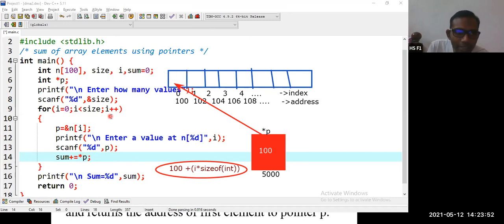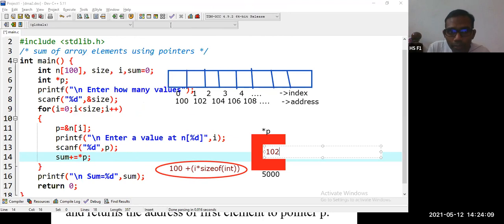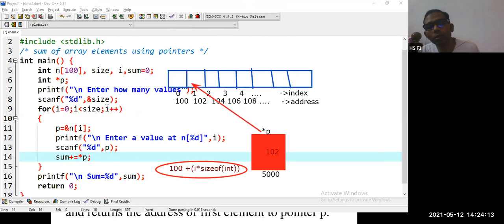Next iteration, I plus plus. Now I value is 1. So here p is equal to ampersand n of 1. Now the second iteration, what is happening is, it is not pointing here and 100 now becomes 102. Means now the pointer is pointing to the second location, 102.